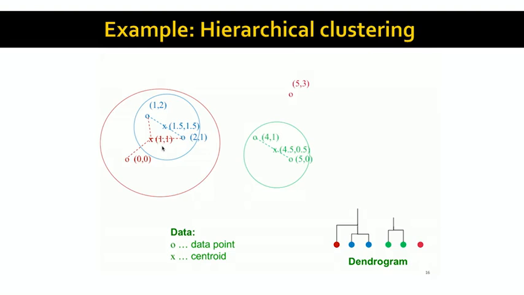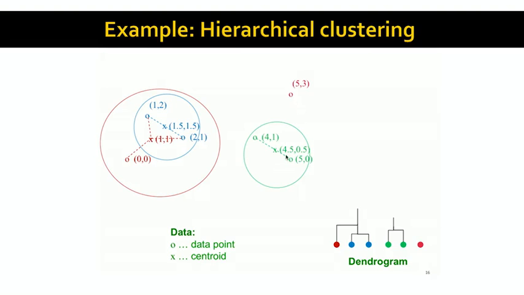Now to determine the centroid of this combined cluster, we have to average all 3 points: (1, 2), (2, 1), and (0, 0). The average along the x-axis is 0 plus 1 plus 2, which is 3, divided by 3, and that gives you 1, and similarly along the y-axis. So now we have 3 clusters, one cluster with centroid (1, 1), another with centroid (5, 3), and a third